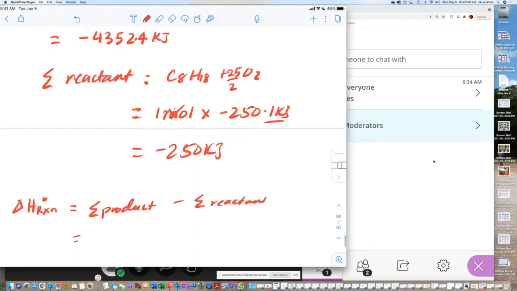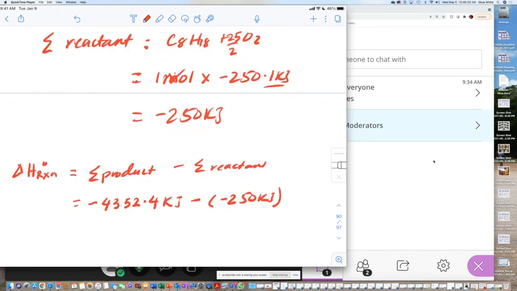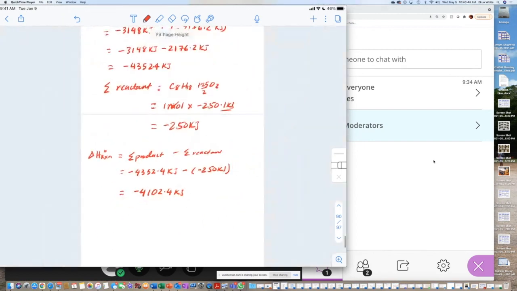And our product right there is negative 4352.4 kilojoules minus our reactant, which is going to be negative 250 kilojoules. Let's see what we get. Oh, so negative and negative becomes positive, so this is plus 250, right? So we end up with negative 4102.4 kilojoules, okay? So we did all this to say